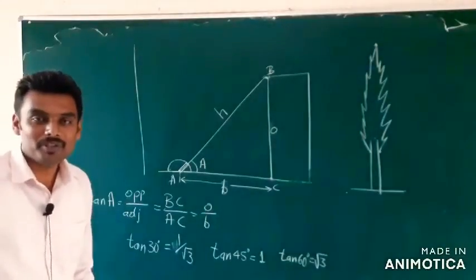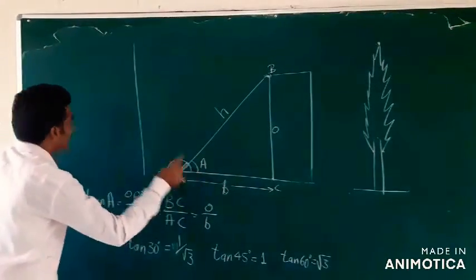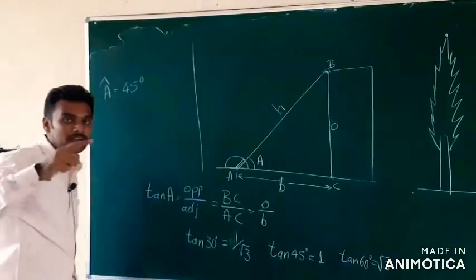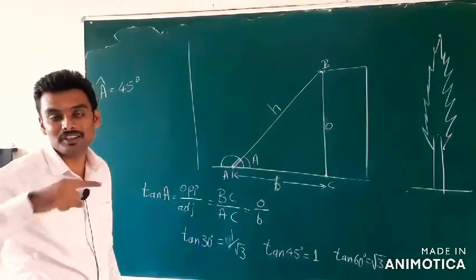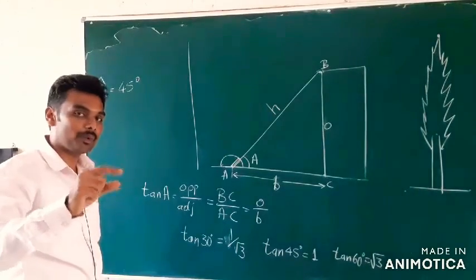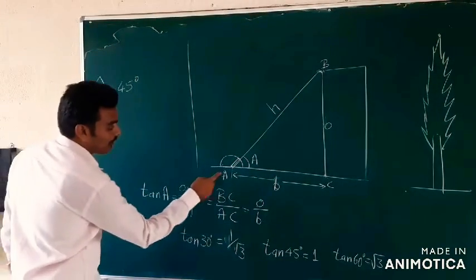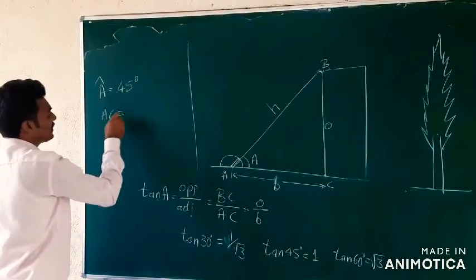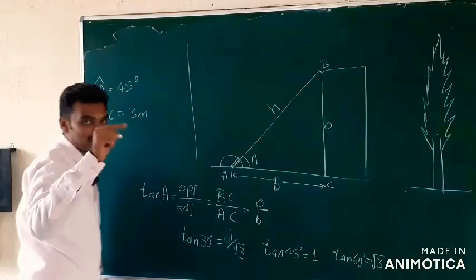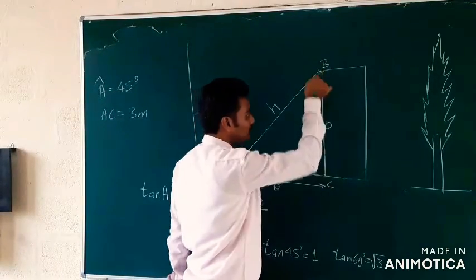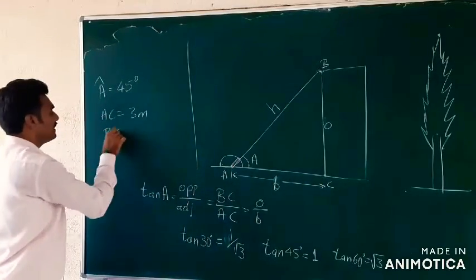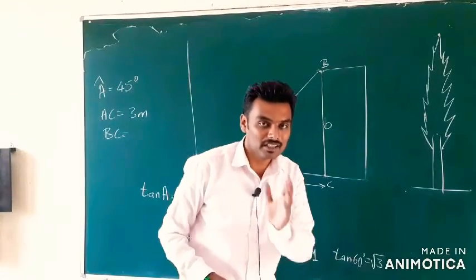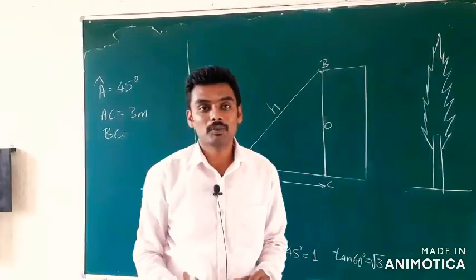Okay. From the observation, what we obtained is angle A is equal to 45 degree, right? The angle made by the laser with respect to the ground, that we obtained using the protractor. And now, what is the adjacent side? The distance AC, as we measured, is 3 meter. What we actually need is the height, which is BC, right? So BC itself is the height of the wall which we need to calculate. Let us calculate it theoretically now and then go for practical proof, right?